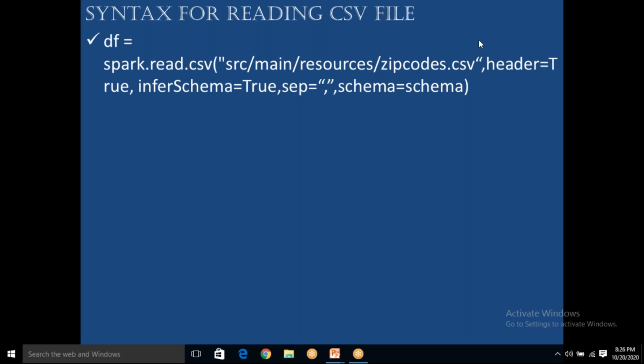Tell me, Manu. Okay, so something called default value. Header is going to be false by default. Infer schema is false by default. Separator is comma by default. Schema will not come, so you need to mention schema explicitly, otherwise it will not consider anything. It will consider it as null.